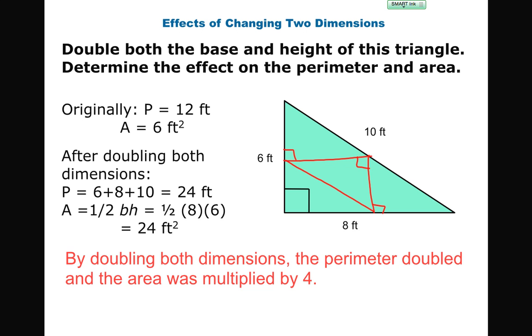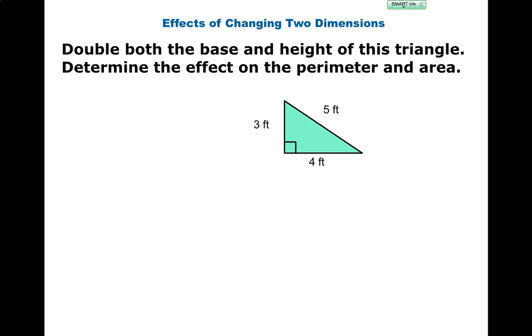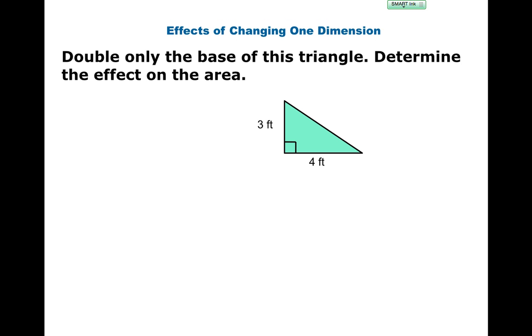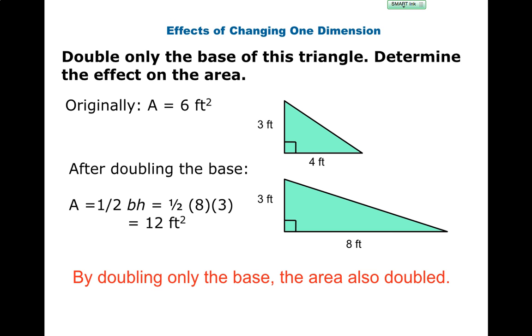I know you're probably thinking, well, in the last one, it didn't get that many times as big. The difference in what we're doing here, sometimes aren't we changing one dimension, and then maybe the next screen we're changing both dimensions? It affects the area differently depending how many dimensions you're changing. The perimeter, I didn't ask you the perimeter all the time. If I go back to the last screen, if we doubled only the base, notice I didn't ask you anything about the perimeter,